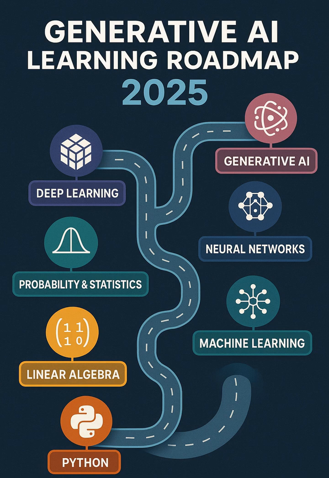Okay, next section. Machine learning fundamentals. Why is this important if we're focused on generative AI? Because generative AI is a part of machine learning. It's a branch, maybe an advanced one, but still ML. Understanding the core concepts gives you the context.